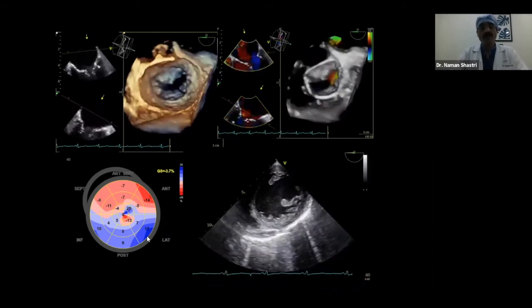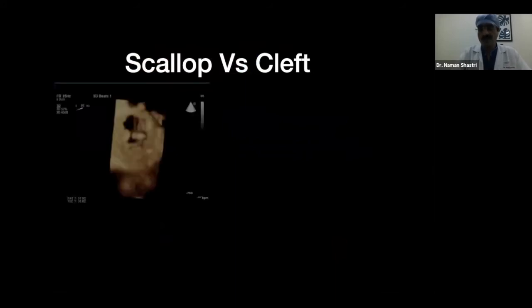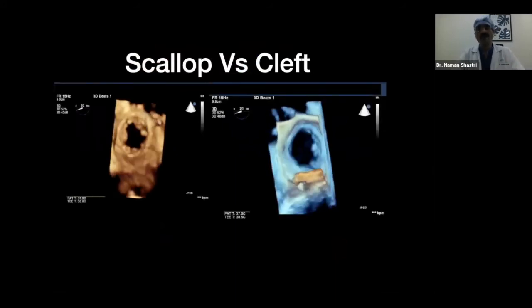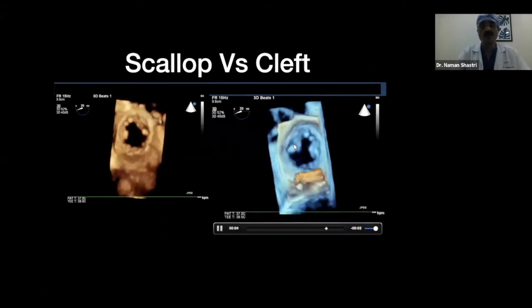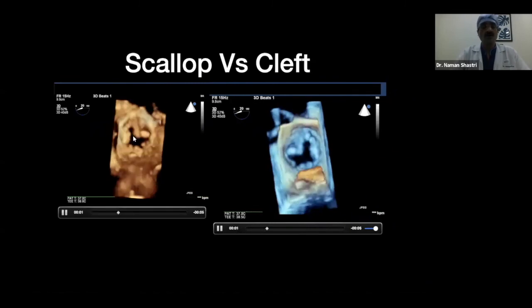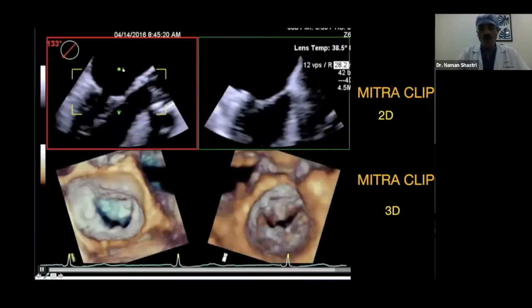So even the leaflet assessment is very well possible with 3D echocardiography. It can also differentiate between a scallop and a cleft, that is, whether it is extending to the level of the annulus, which is called a cleft, or it is not extending to the level of the annulus. Now, if you go back to the cath analysis,